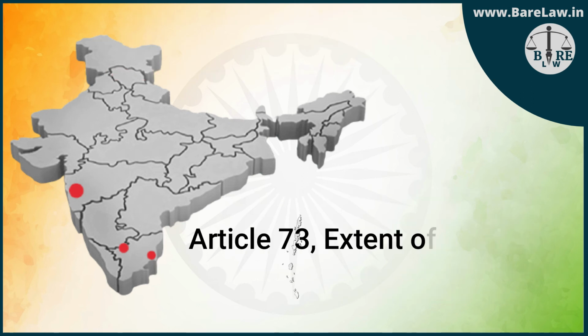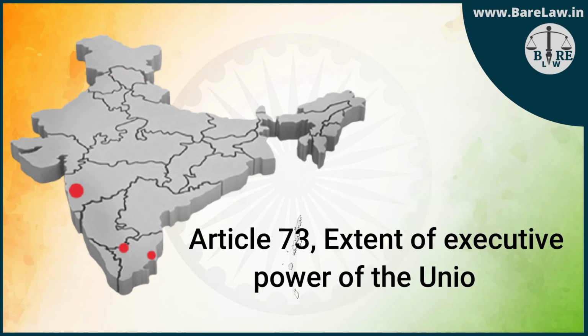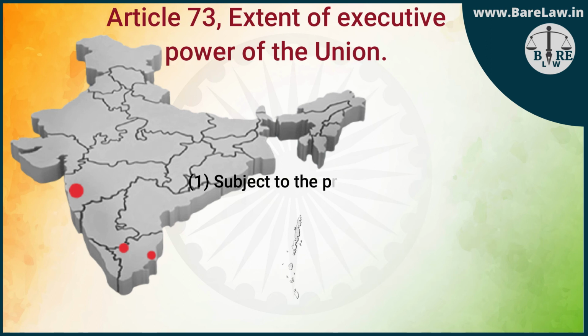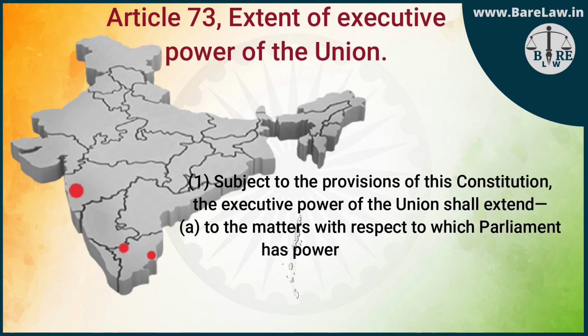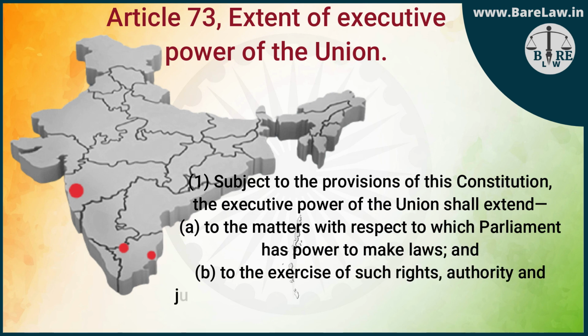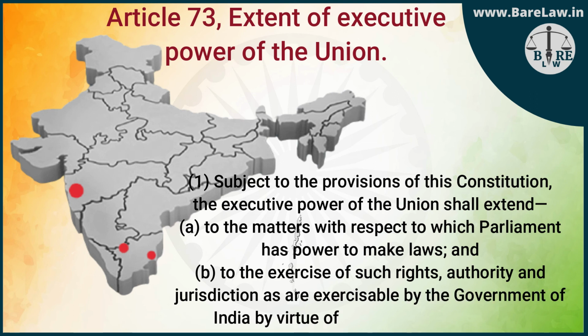Article 73, Extent of executive power of the Union. Subclause 1. Subject to the provisions of this Constitution, the executive power of the Union shall extend, a. to the matters with respect to which Parliament has power to make laws, and, b. to the exercise of such rights, authority and jurisdiction as are exercisable by the Government of India by virtue of